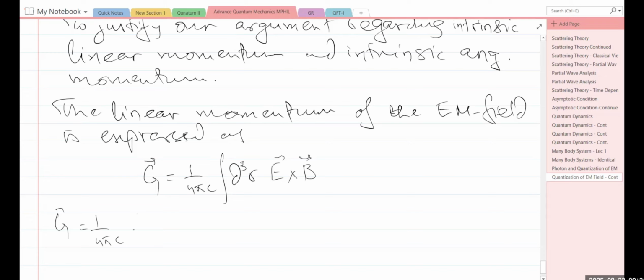Then we have an integral d3r, and we are summing over two spaces, a k lambda space है और a k prime lambda prime space है, and then we have this iota squared coming from both terms of E and B,